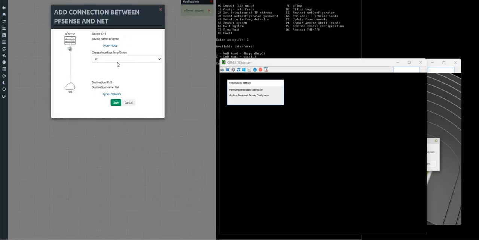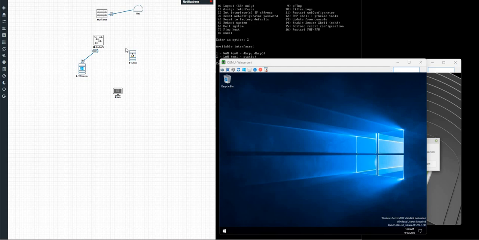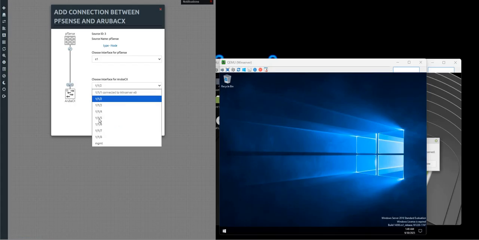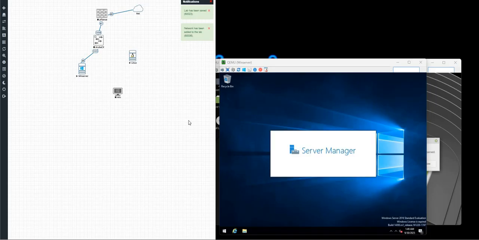Now we're going to be choosing the 0 because interface 0 is what we want to get DHCP from the net, or from the internet or ISP. And then we'll connect this guy to port 8, which will be our trunk, and then we'll get things going here just in a second. So let's go ahead and start this guy,